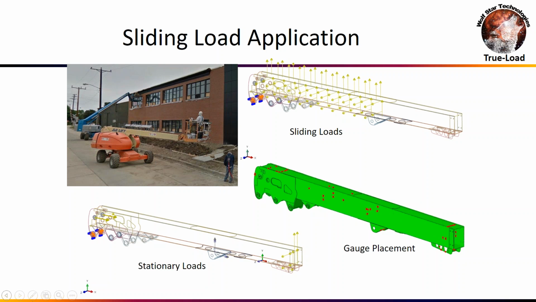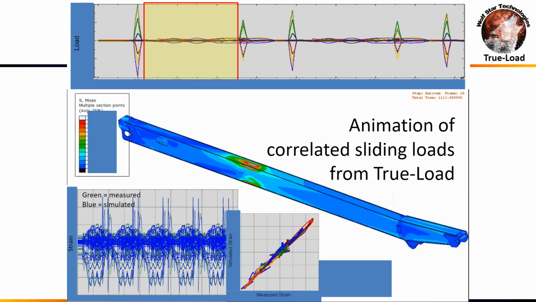And so what we can do is identify the stationary loads, where the loads are always present on the boom, and then we can set up a series of unit loads at locations along the length of the boom, and we'll store a correlation matrix at one location and go to the next location and store a correlation matrix at another location. We store a series of correlation matrices and the position of where those correlation matrices are, and then when we lay strain gauges on the part, we collect the strain data together with the position of the boom, and then we can turn the correlation matrices on and off and linearly interpolate between them as the boom is extending and retracting. And here are some results from the test we did.